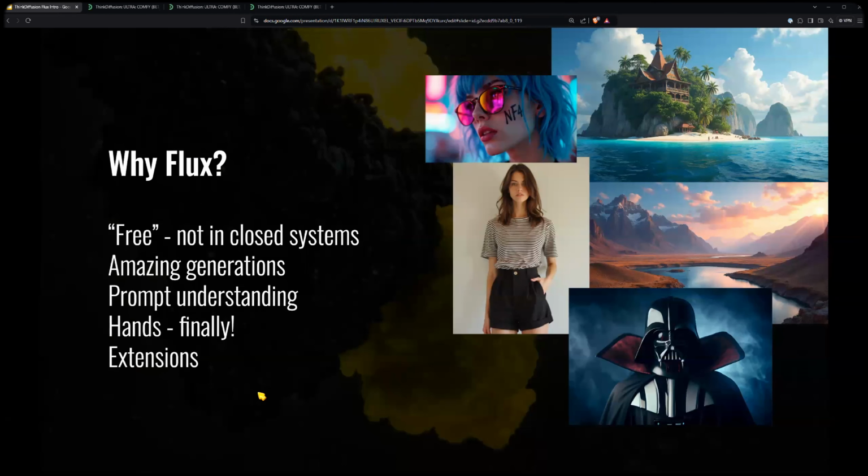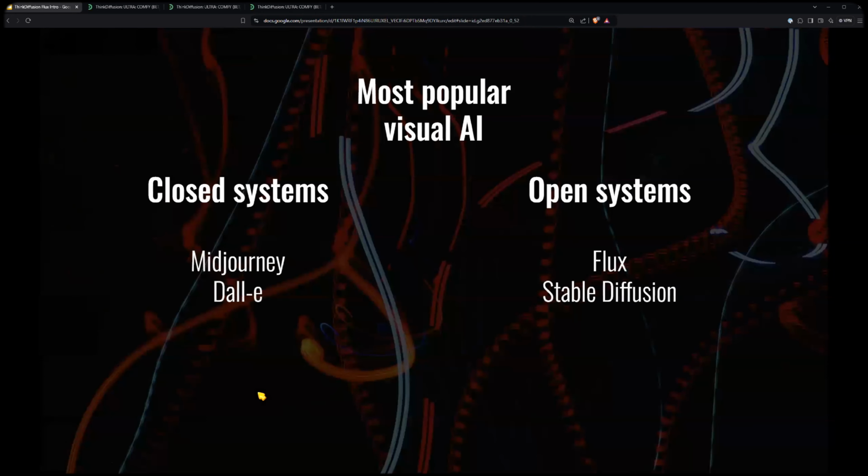And then I have extensions here. That's the last one. If you do a comparison between the closed systems like Midjourney and DALL-E, you have a lot of extensions with Flux. But since Flux is new, you have more extensions for Stable Diffusion, but we're getting more and more extensions every day. And if you don't know what an extension is, it could be ControlNet, for example, if you've heard that, where you can control poses, architecture. You can even train models, LoRAs, train it on a car, and generate your own images, right? So there's a lot of stuff going on.